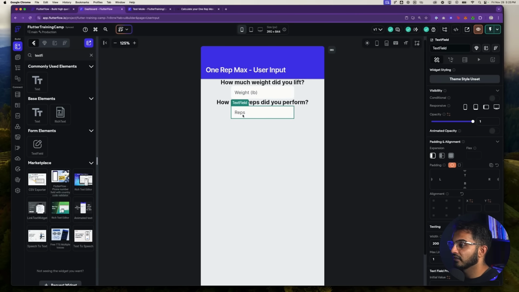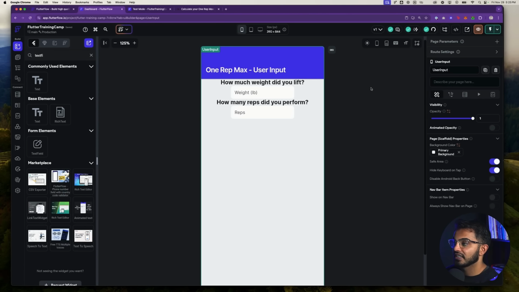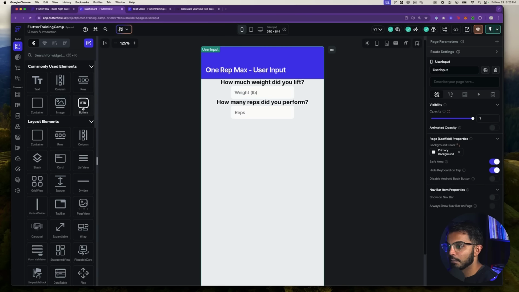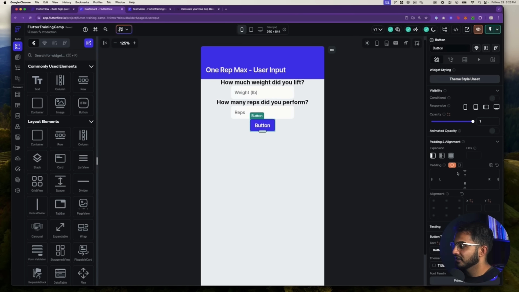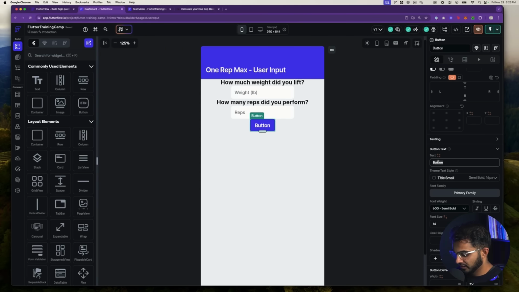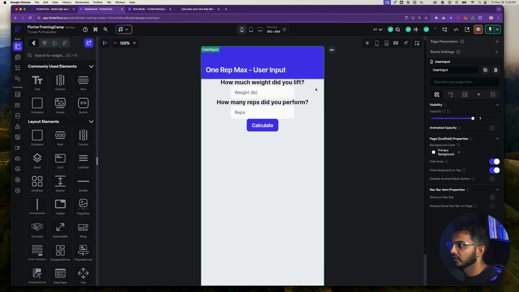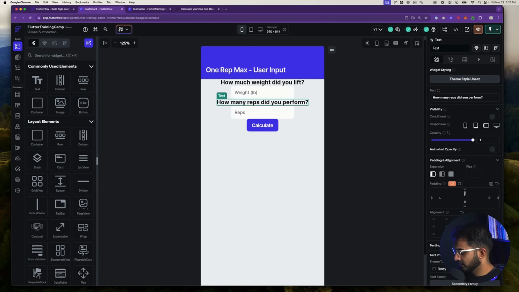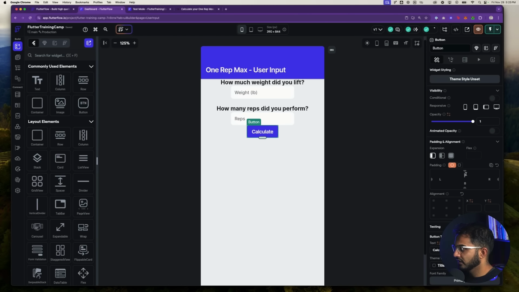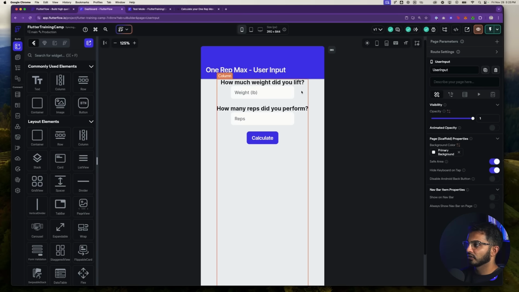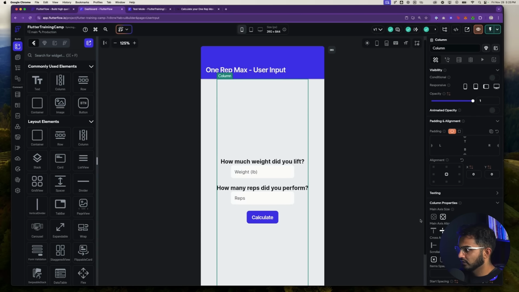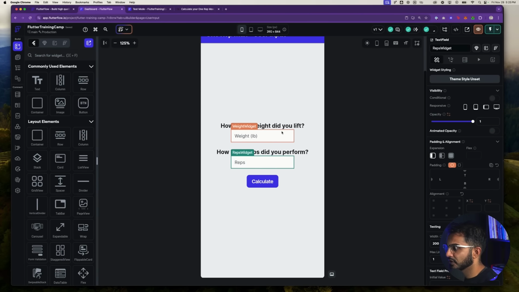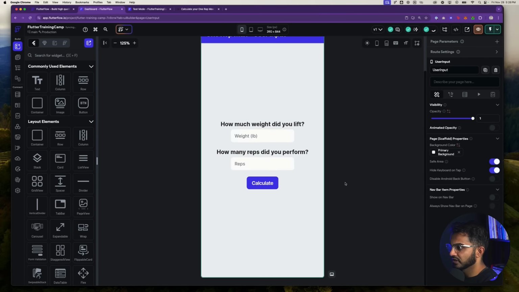So then I'll do the same thing for this reps widget down here. I'll remove it and say reps widget. And now let me show you how this plays out. We need a button for our user to actually click on to calculate the 1 rep max. So I'll drop a button here and I will say calculate. Then I will add 20 units of padding there and 20 units of padding there. So I can create a little bit of, you know, some visual space here. So I do 5 and then 5. Cool, this looks a little bit better.